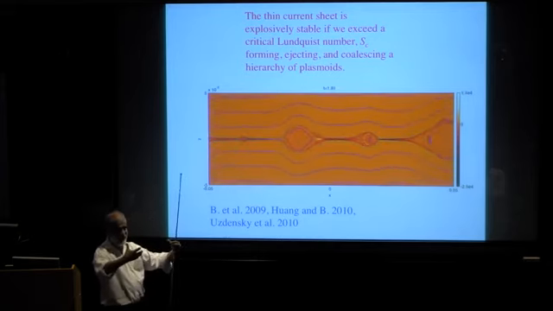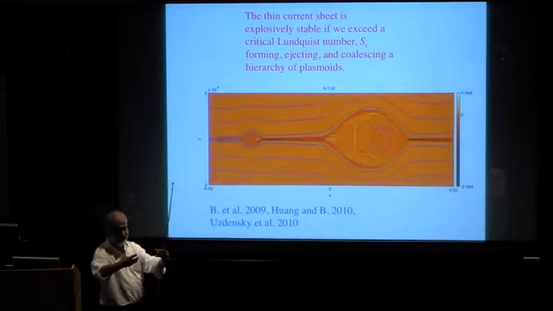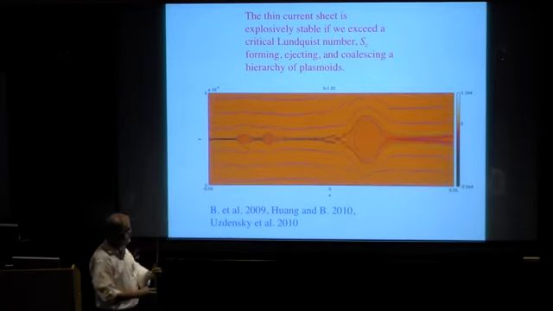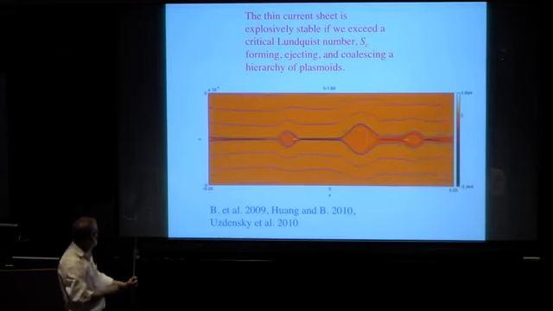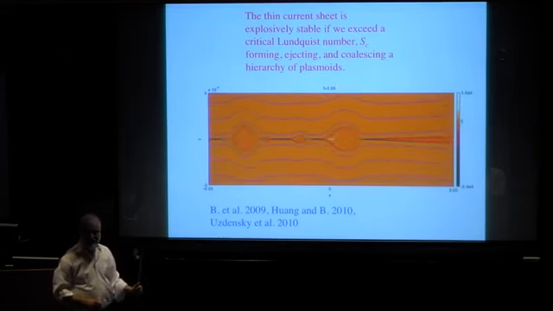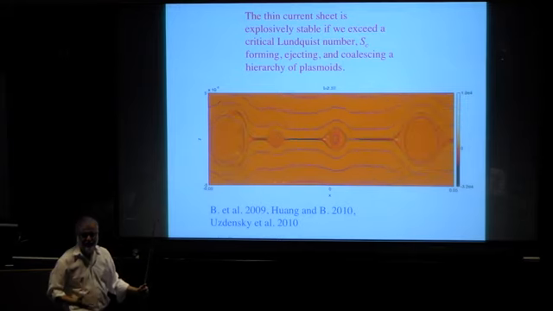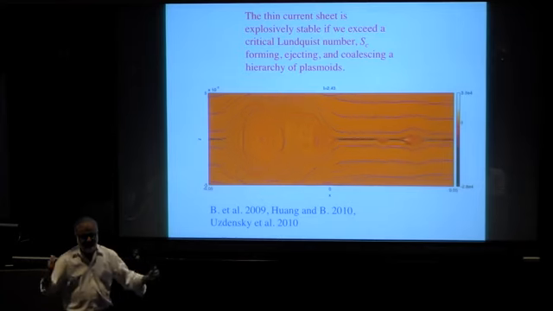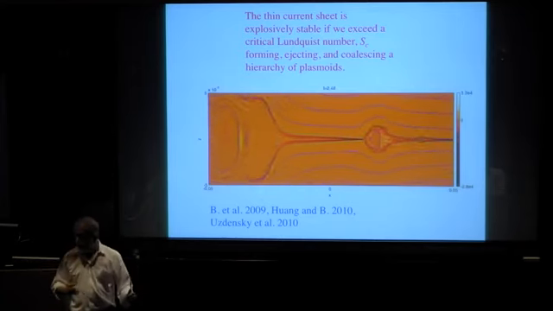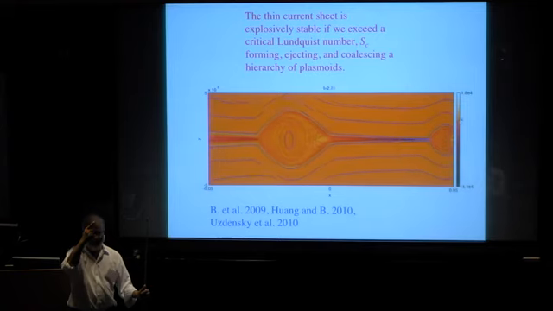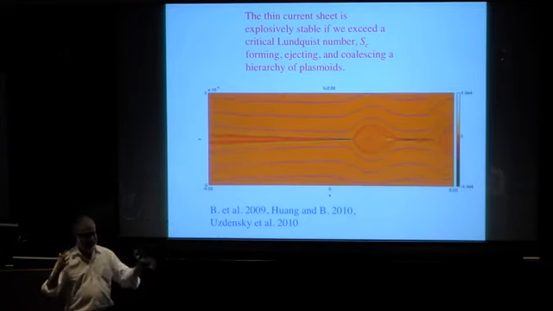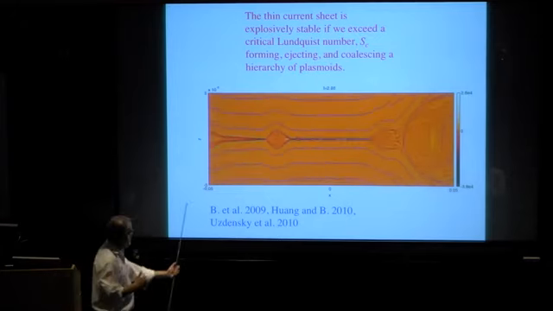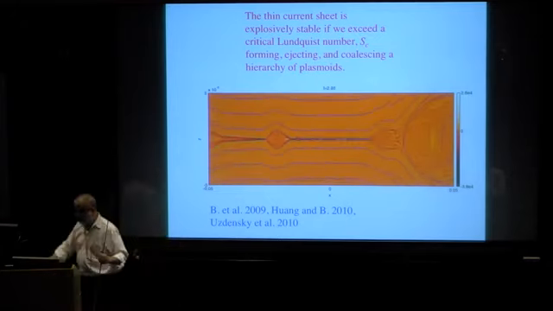And the way this happens is that large islands and small islands are like current filaments which attract each other. So they tend to merge by what is called the coalescence instability, till the system goes through and chews up the whole flux in the system. And this happens in an extremely time-dependent manner. If you look at Nuno Loureiro's PhD thesis, he imposed left-right symmetry, and the plasmoids couldn't move. So what he saw was a rapid instability, but then nothing happened. But if you relax left-right symmetry, things can go very unstable, and you chew up the whole flux this way.